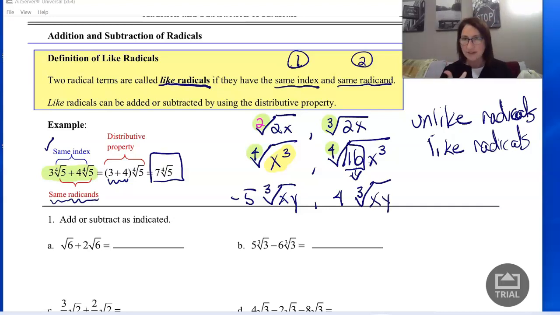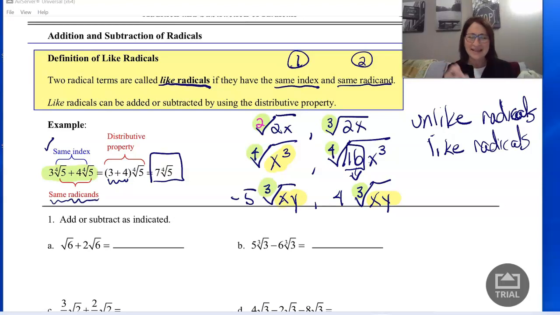So there are 2 criteria to determine whether I have like radicals. First thing is I need to see whether the indexes are the same. They are. Then I look to see whether the radicand is the same. It is. But then I ask myself,